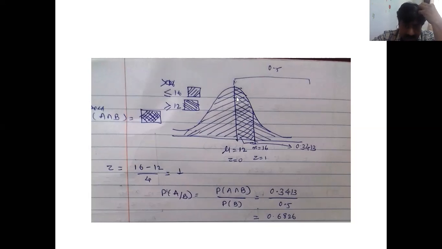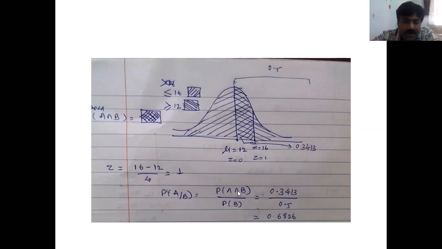Now the intersection section, that is the first part: probability of A given B is equal to probability of A intersection B. If you observe, this particular portion is the intersection of the probability of x less than or equal to 16 and the probability of x greater than or equal to 12. This will be the intersection. This intersection is between the center, mu equal to 12, where z equal to 0 comes, and from the previous example, x equal to 16 gives z equal to 1. So here the computation is shown. From 0 to 1, this area will be 0.3413. This value came from our z table that is given to us.